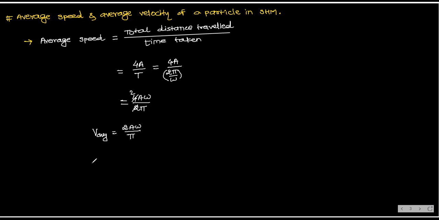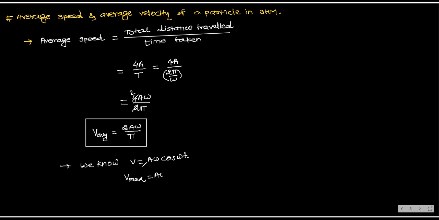2A omega by pi. And now this is what we got, average speed. Now I want maximum velocity. We know what we know. We know phi is equal to what? A omega cos omega t. And V max also we know. V max is what? A omega, when cos omega t is 1. Therefore,